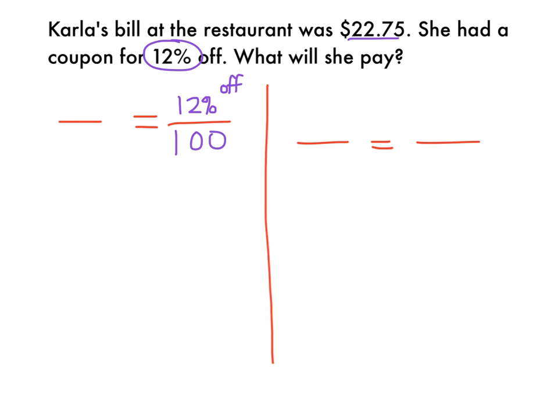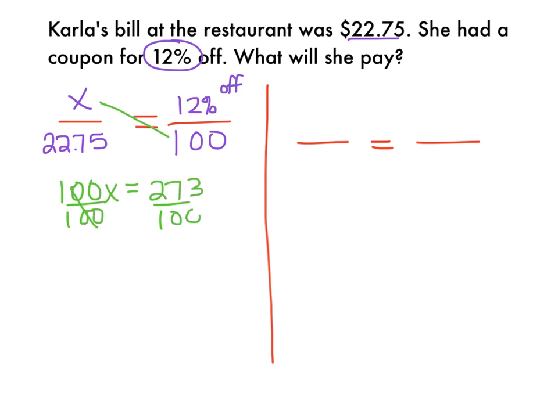Okay, her bill was $22.75. That's the original, goes on bottom. And I want to know what part is she going to get off. So remember, this kind of matches up. She gets 12% off, so this is going to be the money she gets off when I get my final answer. Okay, so I'm going to do 100 times X, which is 100X, equals $22.75 times 12, and I get 273. Okay, and then my last step, divide by 100. So I'm going to divide that by 100, and I get